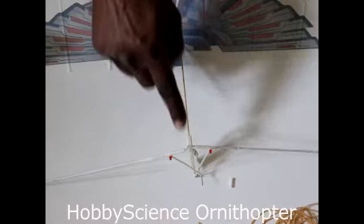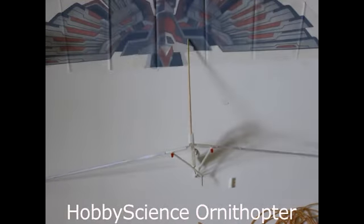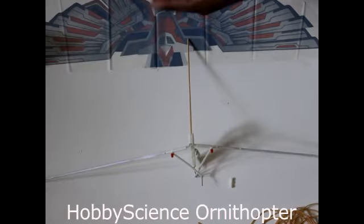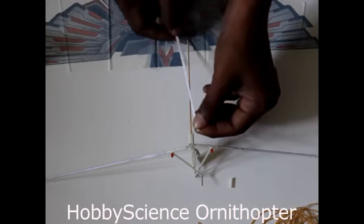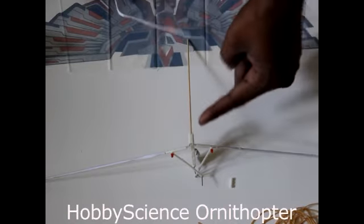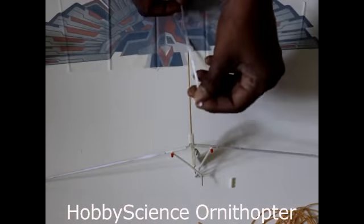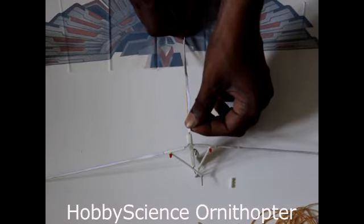Now come to the back side. This is the smallest bamboo. Now that also what we need to do is attach it with the two-side tape. Measure the length here again. This is from here to here. See, from here to here. No need to attach the tape on this plastic crankcase, only on the wooden part you need to attach the tape. Okay, just